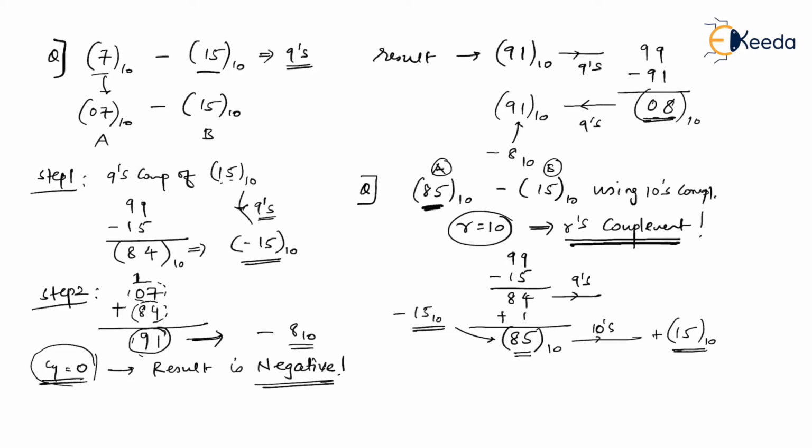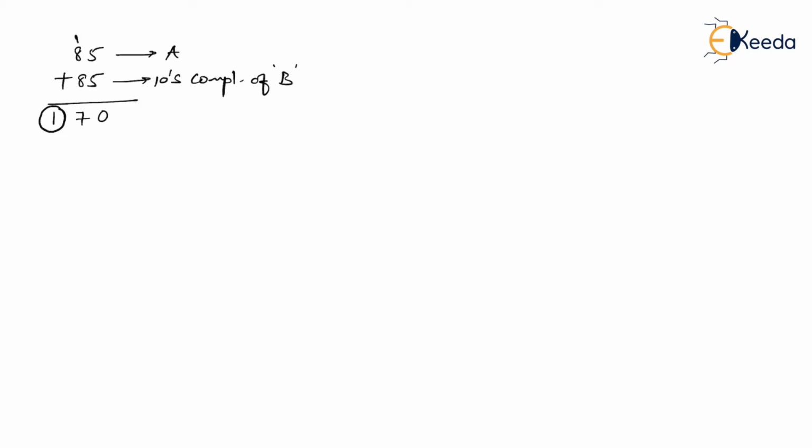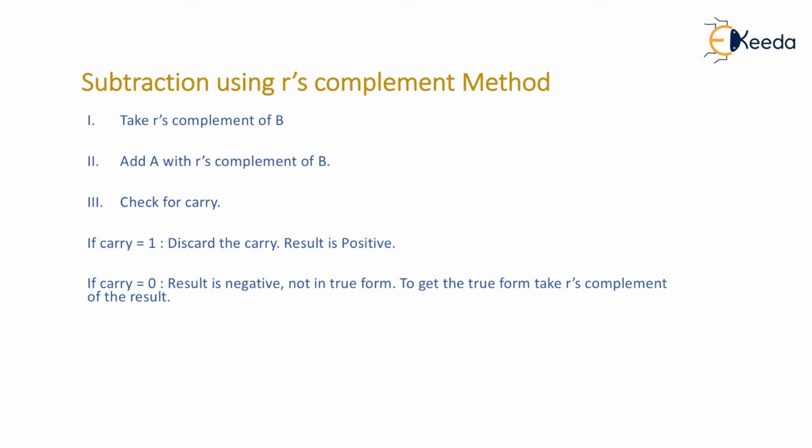So far the steps were same, but let's see first of all the steps of carrying out the subtraction by using r's complement method, and then we will get back to this problem. Let's see. Subtraction using r's complement method. So first step is to take r's complement of B, that we have done. Then we have added A with r's complement of B. So in our case, r was equal to 10. So we took 10's complement of B, then we added 10's complement of B with A,